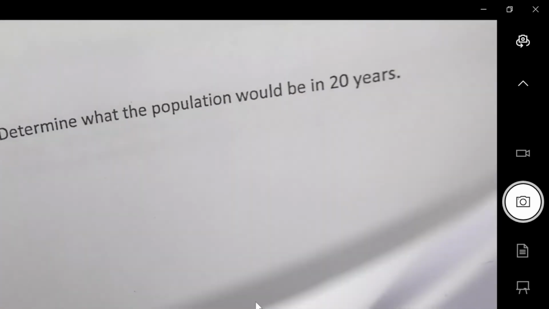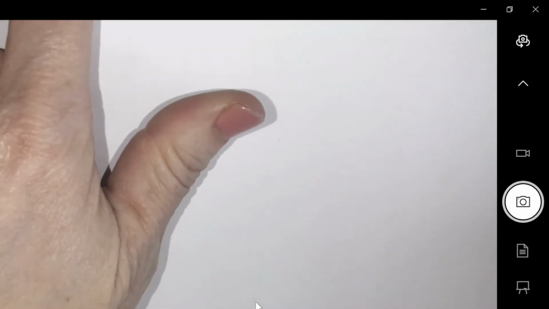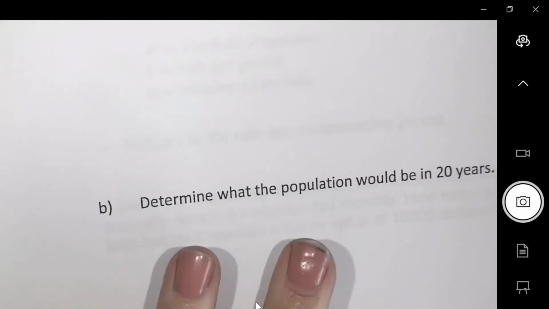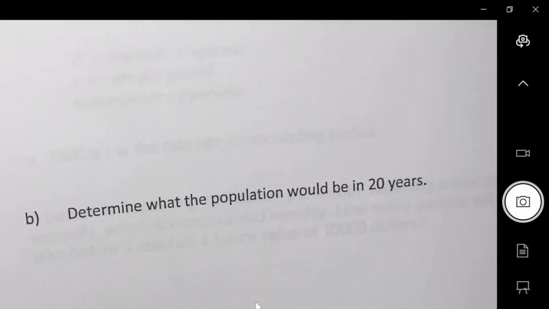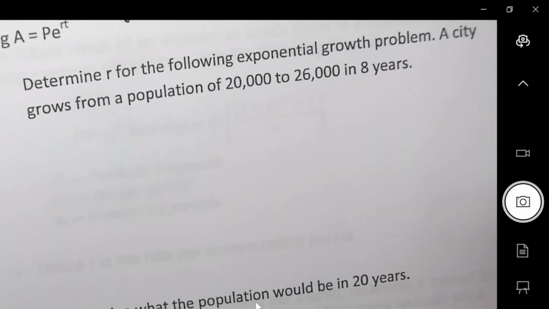Okay, so the word problems. I have 3 word problems on your test already, and they are the 3 types. Your one is some kind of population growth. You have one that is some kind of bank money, and then one that is the pH. Okay, so